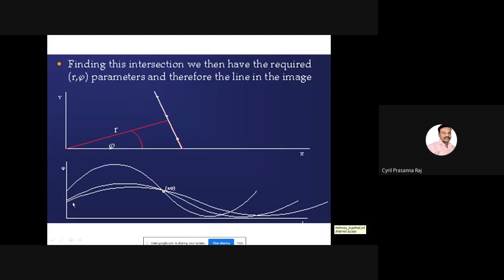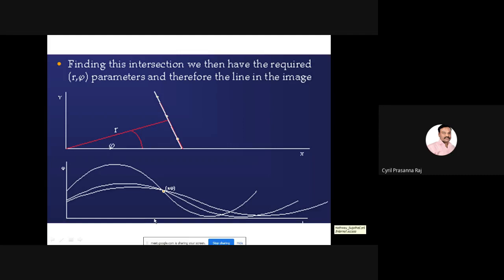Suppose you come across a graph like this, or you take the graph that is available at the bottom. Now there are three sinusoids, and there is a small intercept point here. By seeing this graph, what do you understand? Let us not see the picture on top now. Let us only see the picture at the bottom. Suppose you are able to get a graph like this. What does this imply?